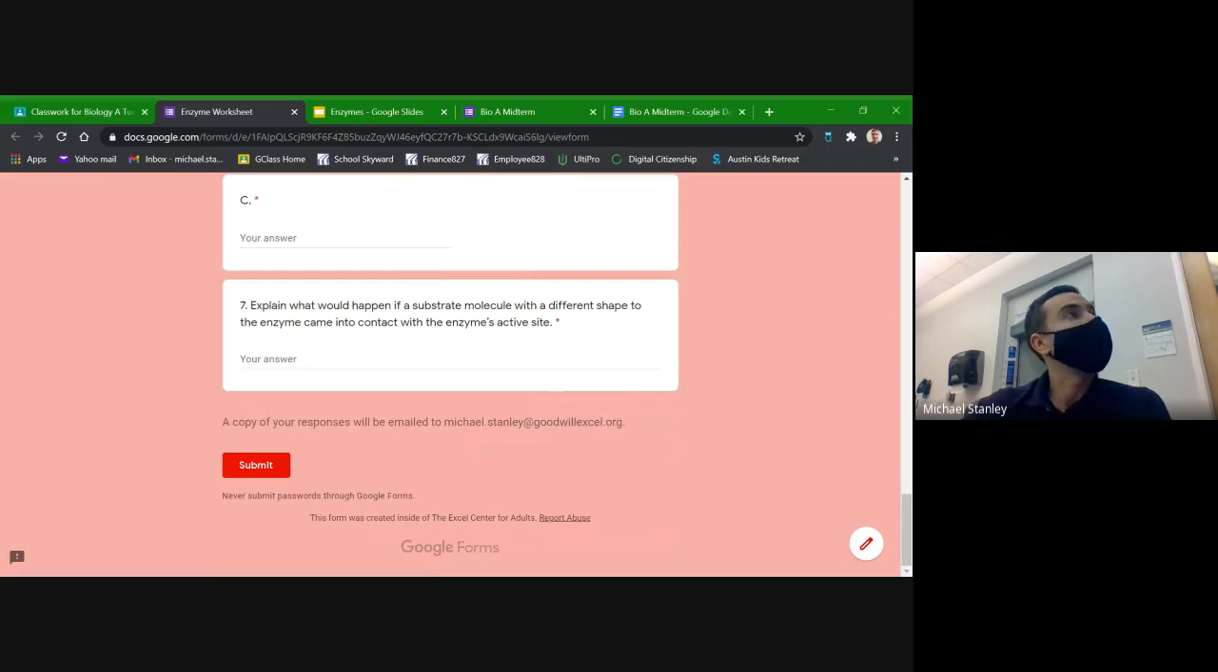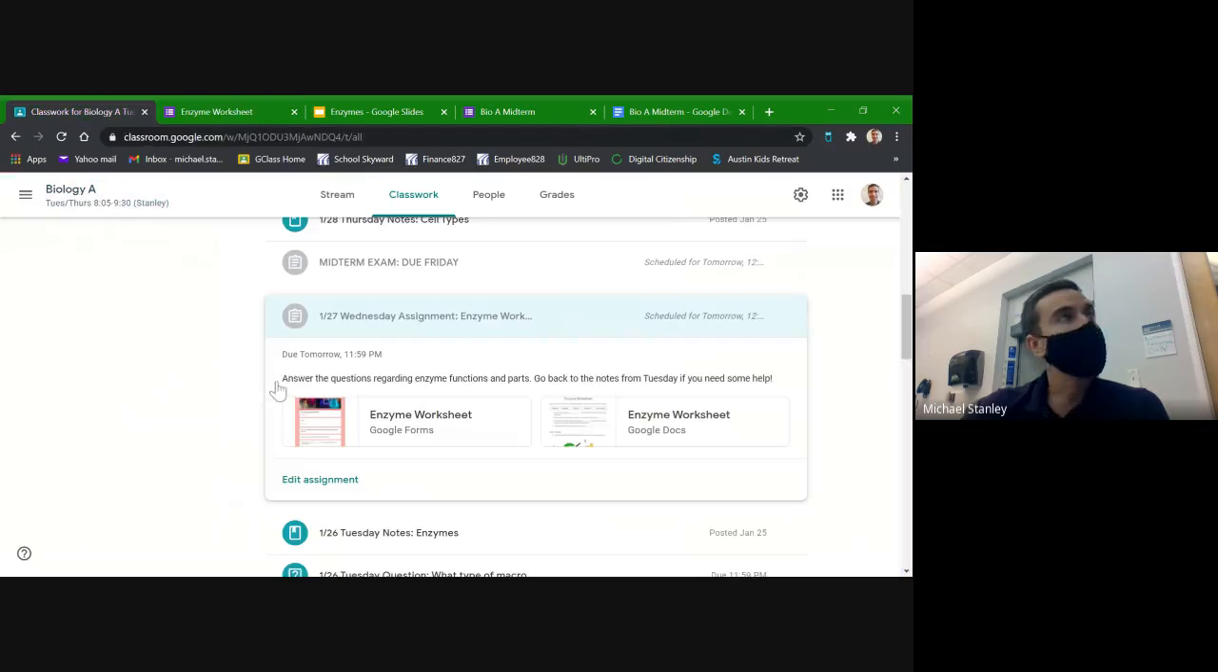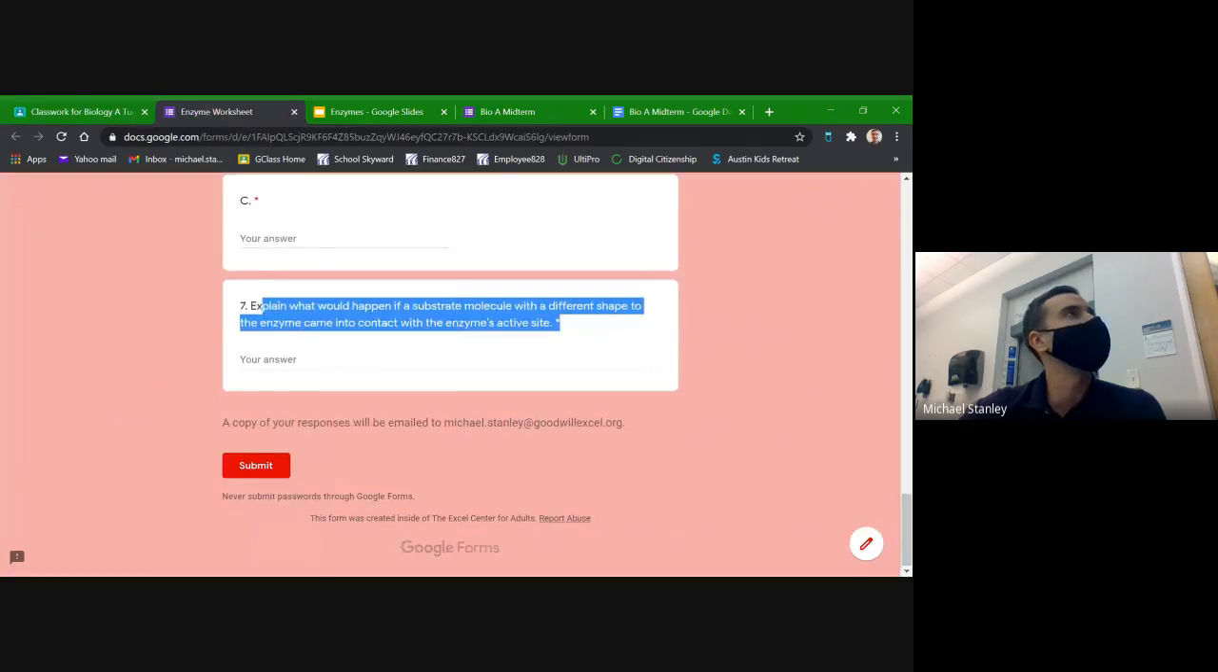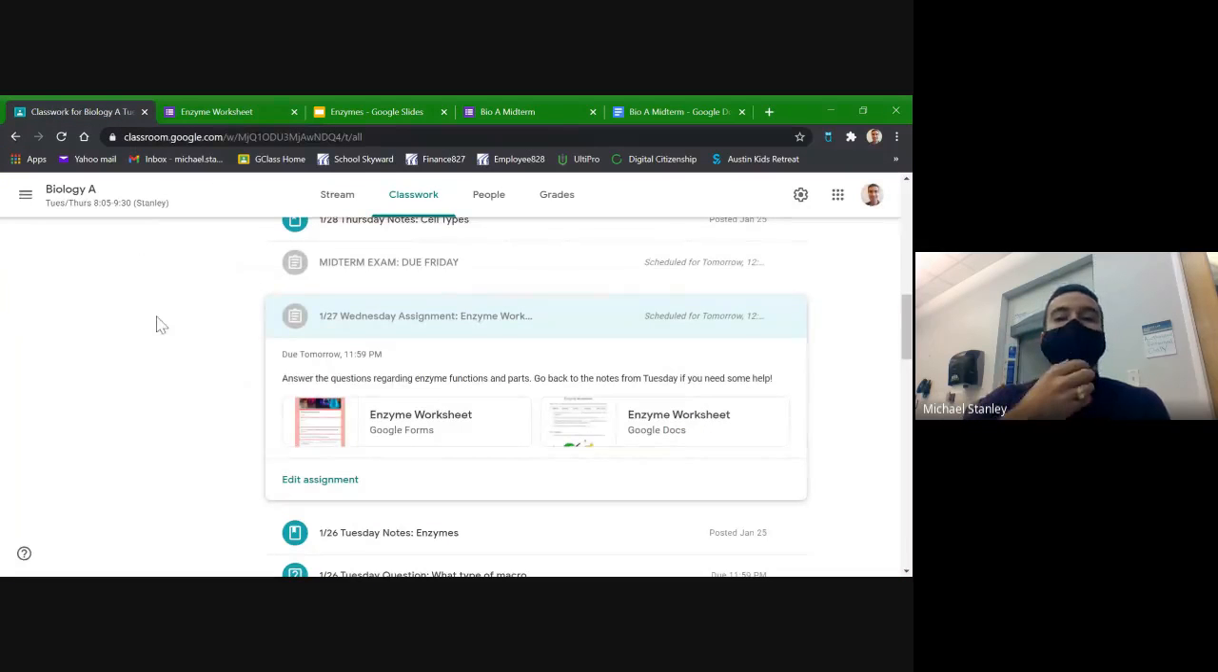And then finally, a final little short answer question about if something that is not the correct substrate enters the active site, what's going to happen? So if you have the wrong shape for something going into the active site of an enzyme, what is going to be the result of that? Okay, so hopefully not too much, only about 7 questions. So a pretty simple, straightforward worksheet to hopefully give you some time to start looking at and start working on the